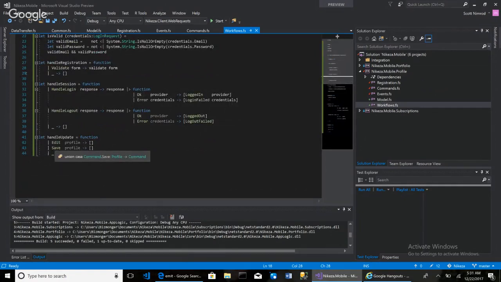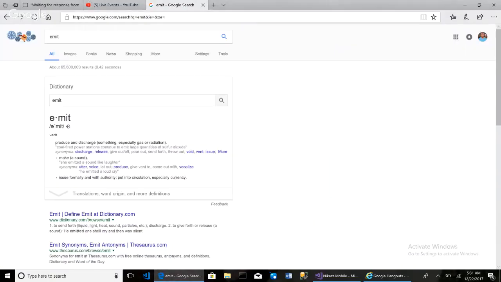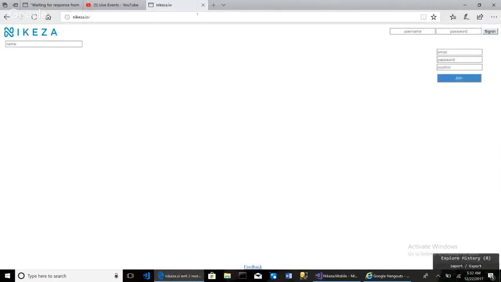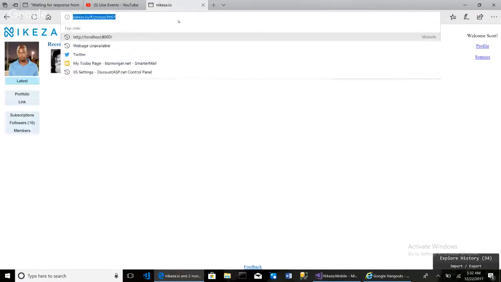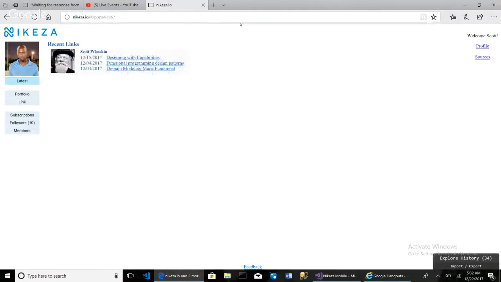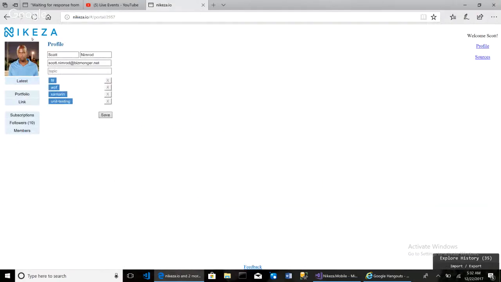So now I'm on handle update, in which within the application, there's a requirement for editing a profile. And so what I mean by that is if I go to Nikeza, and I sign in, bismonger.net, and I sign in, then I could click on this profile on the right, and I can, I don't know, let's say that,